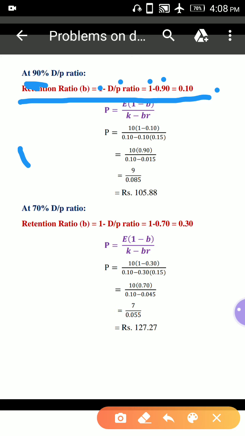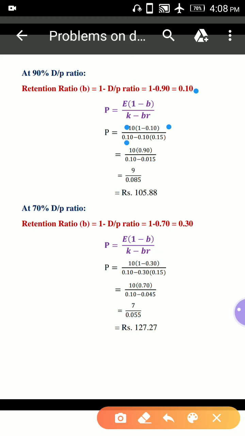So here the retained earnings are 10%, that is, the retention ratio is 10%, that means 0.10. Now P equals E, earnings per share 10, into 1 minus B, 1 minus 0.10, divided by K, 0.10 minus B, here 0.10 into R, as it is 0.15. So here 10 into 1 minus 0.10 means 0.90, divided by 0.10 minus 0.10 into 0.15, that is equal to